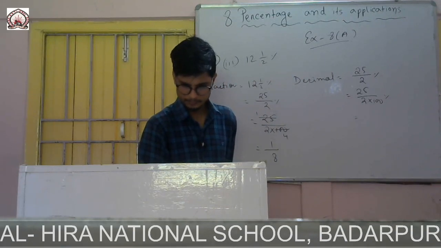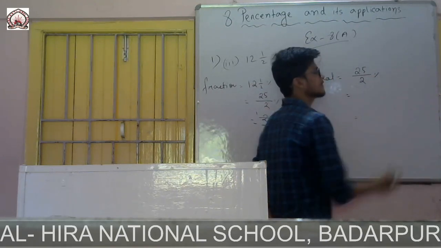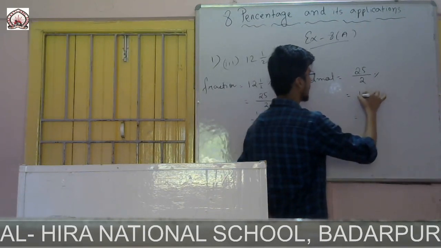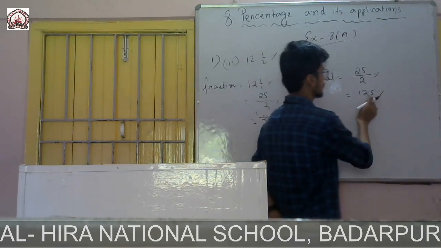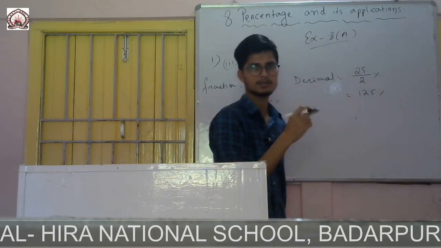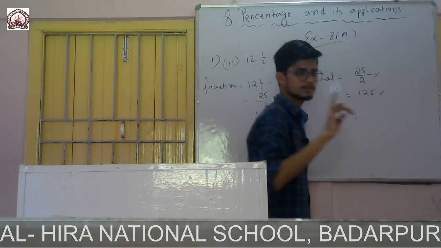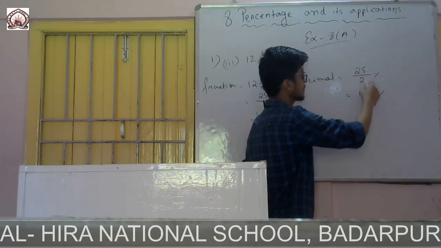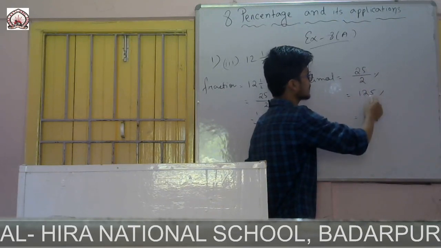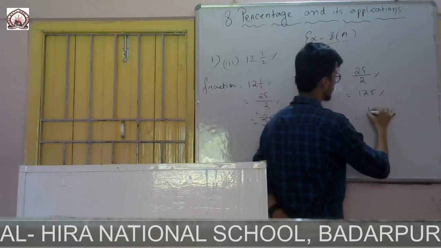Very good. Okay, one thing you see, you write it directly as 25 half. That means I can write it as 12.5. 12 2s are 24, and 0.5 means half. So half plus half, it will be 25. 12 times 2 is 24, plus 1, it will be 25. If you divide it by 2, you will get 12.5. 12 2s are 24, and for 0.5, if I multiply it, I will get 25. 12 and a half.